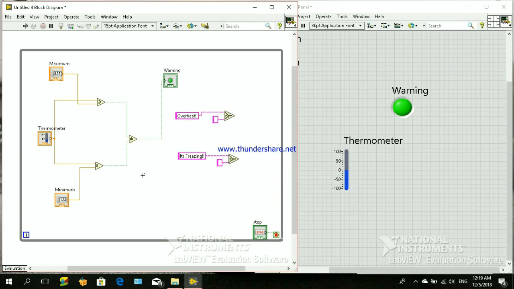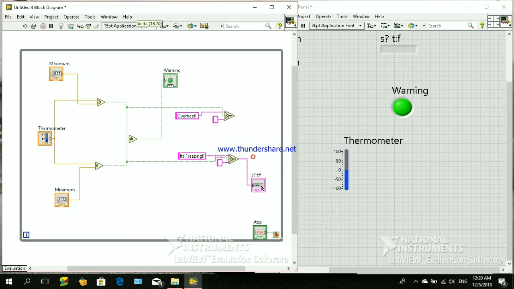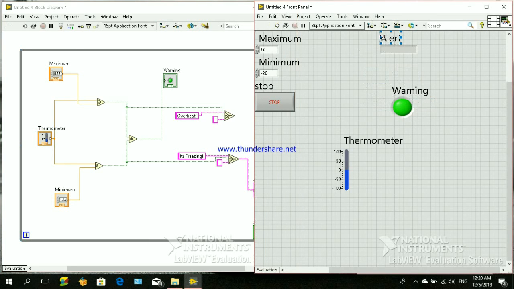Okay, now we will connect it to this one, this one, the same thing. Create an indicator. This will be our message. Oh no, this will be our alert. It will show our message. Okay,